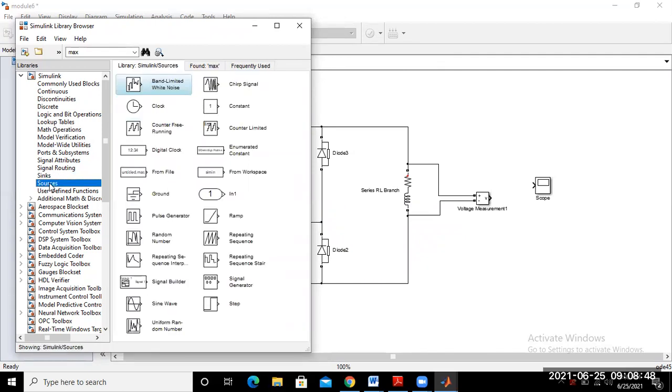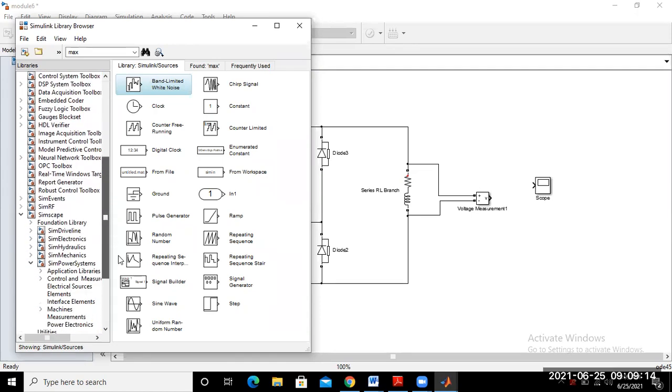Different types of source are already available here: step input, sine wave, and so on. Now we can just find out max, that means multiple inputs to one output.